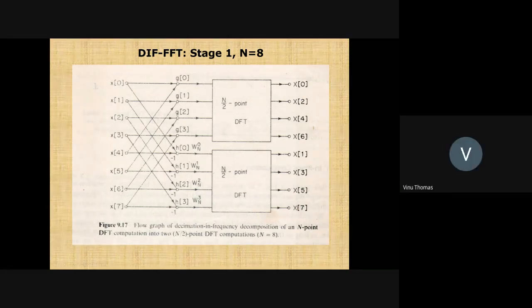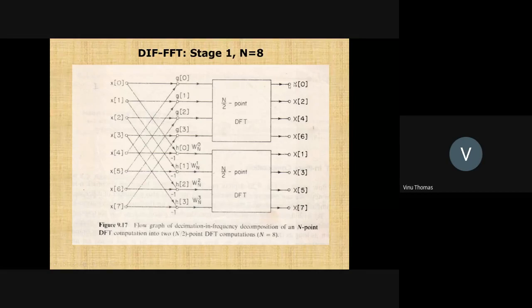And now, as before, you have to iterate this process. Just like you did for the decimation in time FFT, you had split the frequency samples into even samples and odd samples. So now you have an 8-point DFT sequence. You had split the sequence into an even sequence here and an odd sequence here. Now you have a 4-point sequence here in the frequency domain, and here you have another 4-point sequence in the frequency domain. What we will do is split this sequence into an even sequence and an odd sequence.